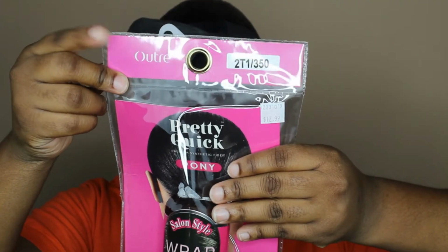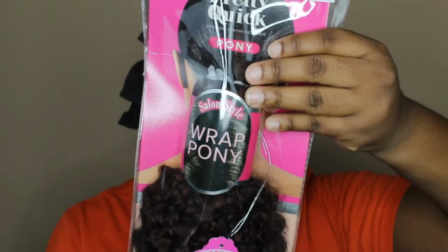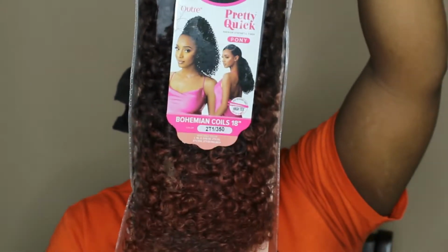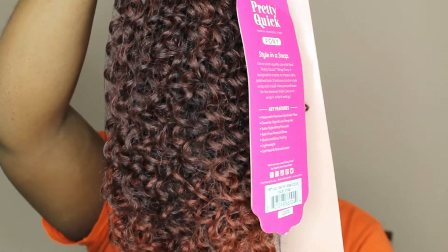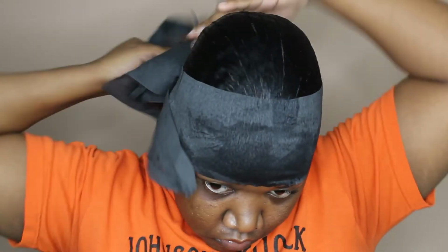Okay, so let's get into this ponytail. I went to my local beauty supply store, and I stumbled upon this hair, and I'm like, where was this hair last year when my hair was this color? Anyway, this is the Outre Pretty Quick Wrap Ponytail. This is the Bohemian Coils, and it is 18 inches long, and this is synthetic hair, you guys,